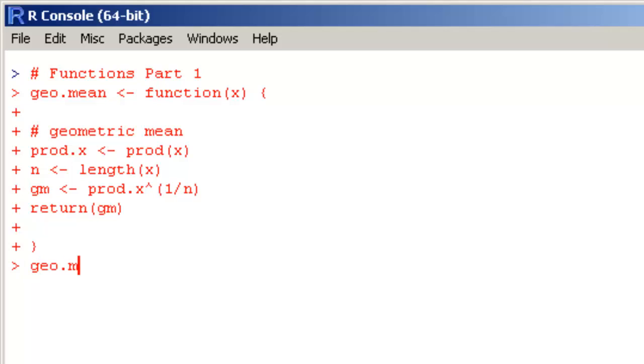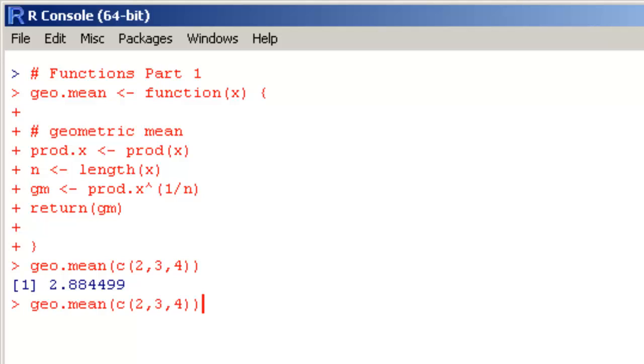Let's test it out. Geomean of c(2, 3, 4) gives 2.884499. So that is the geometric mean of these 3 numbers, but be sure when you execute or call this function, you have to pass it as a single vector.